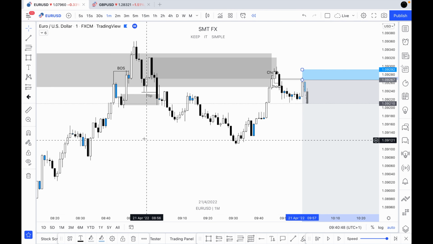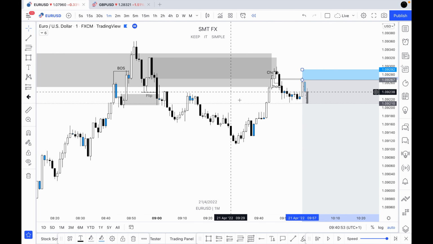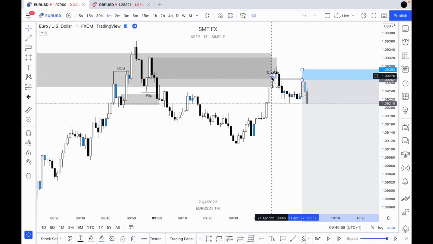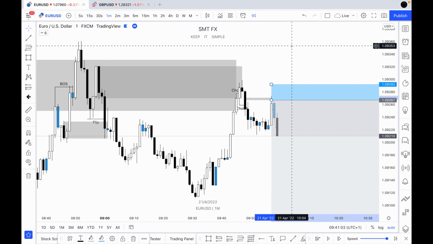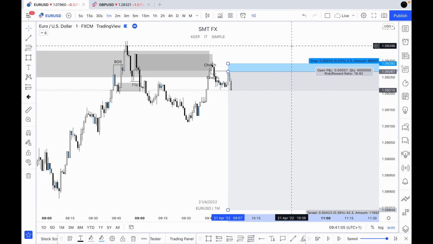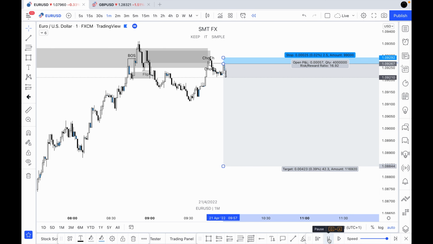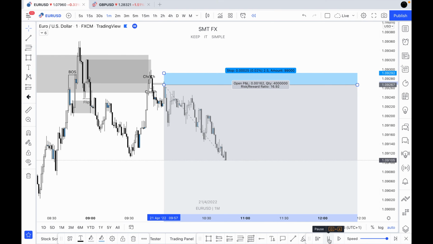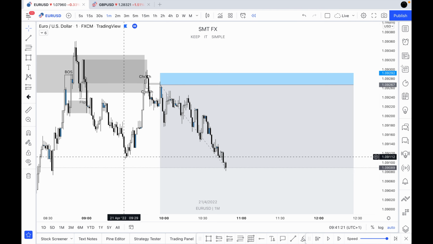Okay, so we've had our flip here, we've then had a 1 minute supply zone created. Once we've had a mitigation of that 1 minute supply zone, we've then had a seconds time frame ChoCh, and that's when we've looked to enter the trade. So let's zoom out here a little bit and let's advance price, and we can show you what we had going on. I believe it was around when this low was broken just here. This is when we set our stop loss to entry.